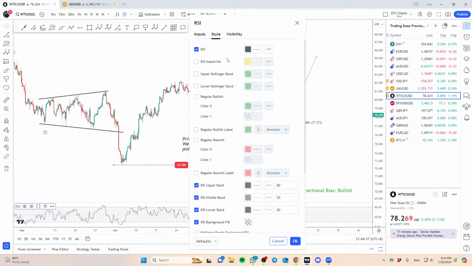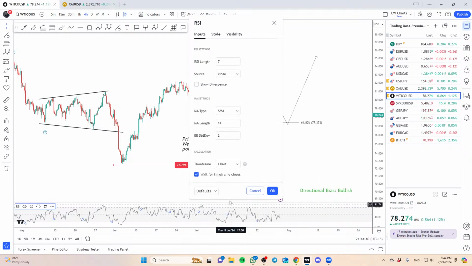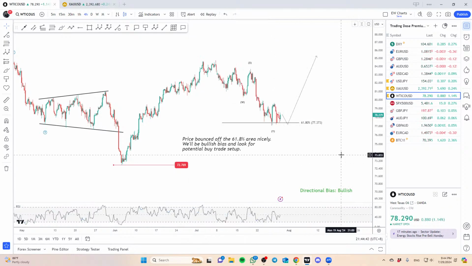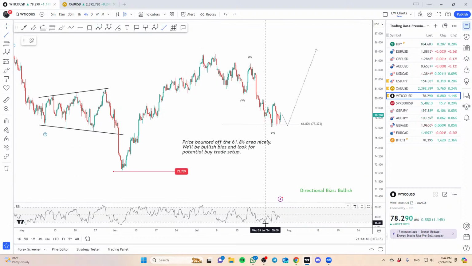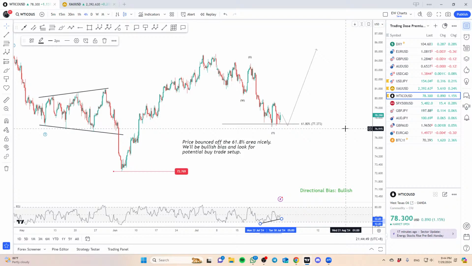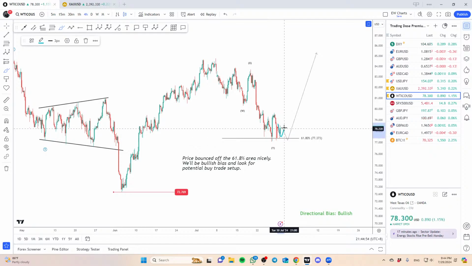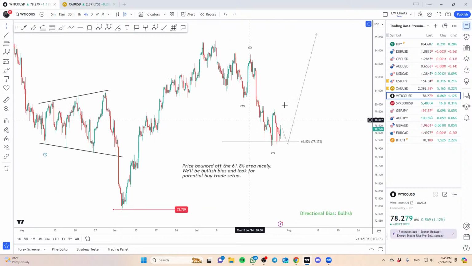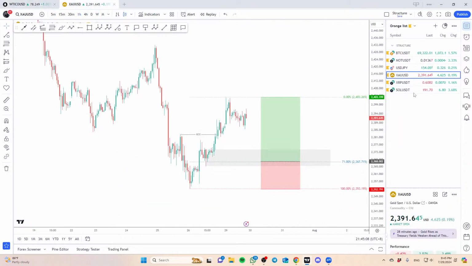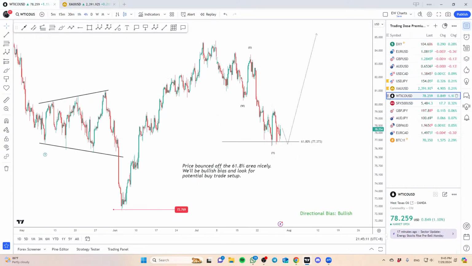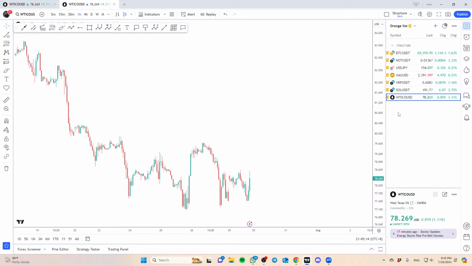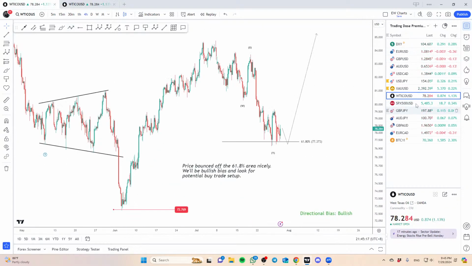If I change this a little bit, we do get a little bit of a divergence. Not the most obvious divergence, but still a little bit over there. So there's a good possibility this would likely form a crawl structure, and upside is definitely the direction I'll be focusing on. In terms of trade setup, I think we'll need to give it a little more time. There's really nothing very obvious at the moment. So that's on crude oil.